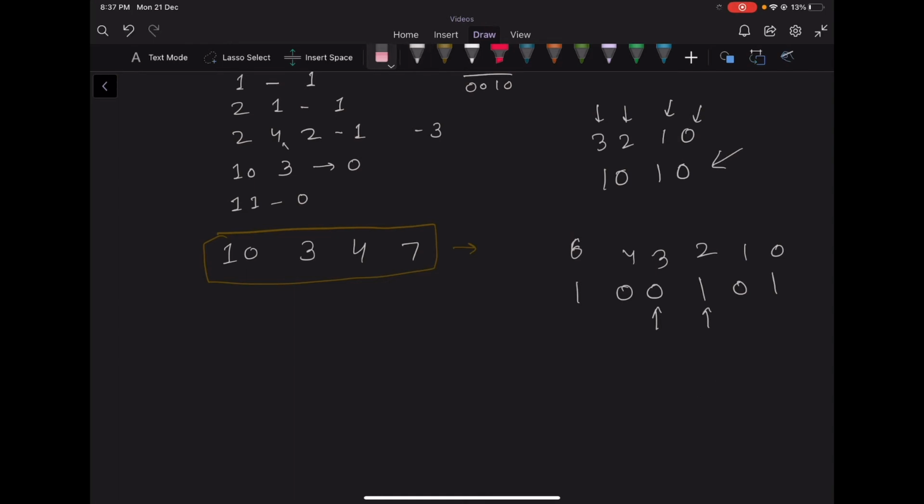So our current optimal answer is 1. And if we consider the 5th bit, sorry, this is the 5th bit. If we consider the 5th bit, we will require 5 minus 3, that is 2 operations to move the 5th bit to the third position. So our current optimal is 1. So we'll see that the minimum number of operations required will be 1.